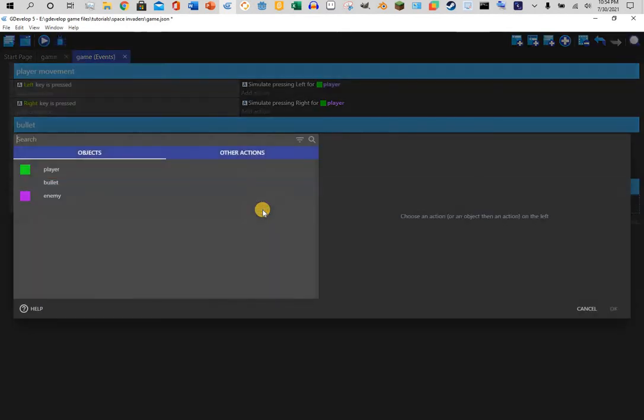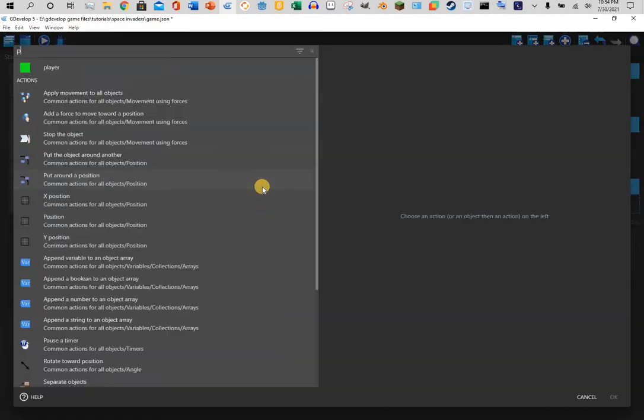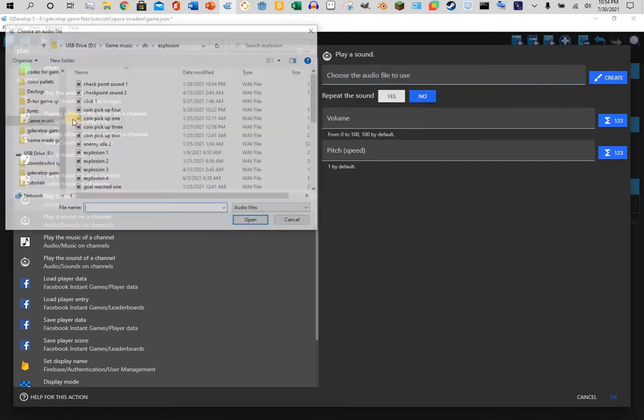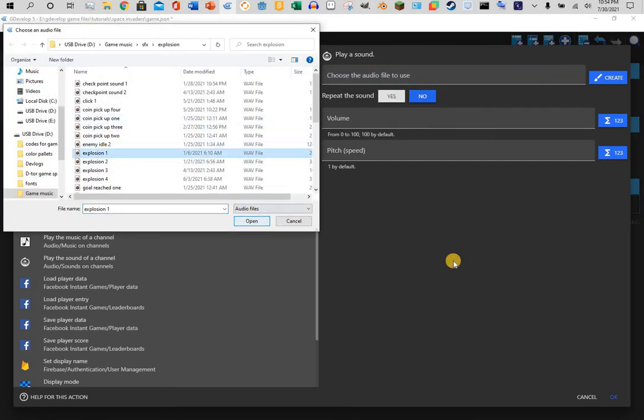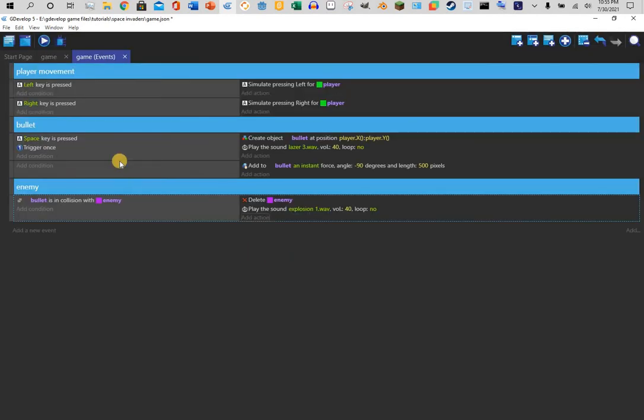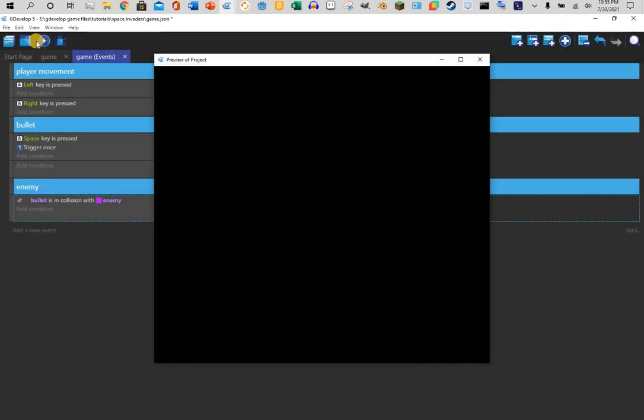And under it, we want to add another action. We want to play sound. I'm gonna add a new sound. I'm gonna pick an explosion sound from my library. Set it to 40. Hit OK. And we have